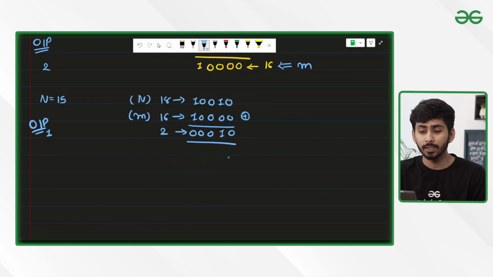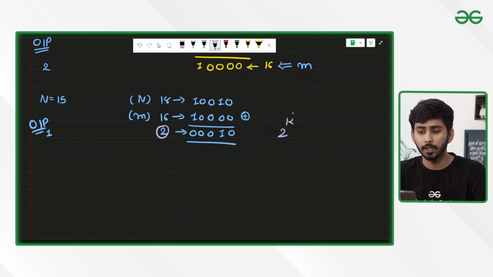So in this number, you can observe that there is only a single set bit, right? So I'll be simply finding out which power of 2 is capable of representing this 2. Basically, if any binary representation has only a single set bit, then that number is a power of 2, right? So whenever you do the XOR of n and m, you will get a number that has only a single set bit. So I can find out which power of 2 will represent that number.